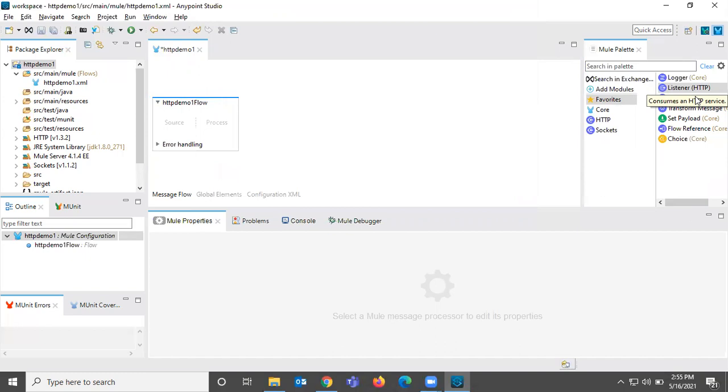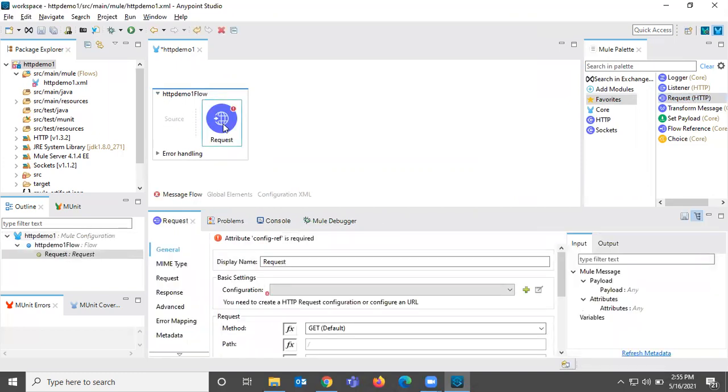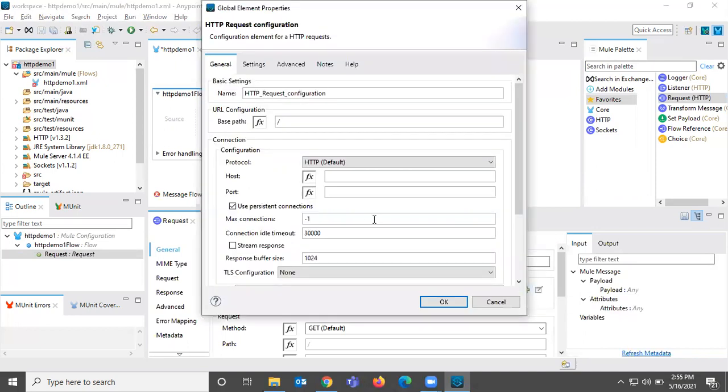In that case, we configure the requester HTTP connector. The requester can be dragged into the process part, but we cannot drag it to the source part. In the source part we always use listeners, and in the process part we always use requesters to trigger third-party applications. This is also the same: we need to configure host and port details here.